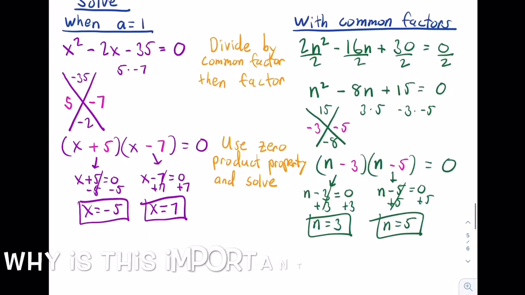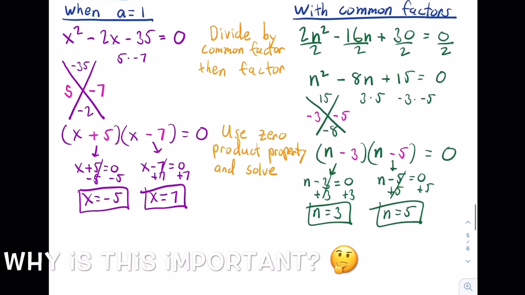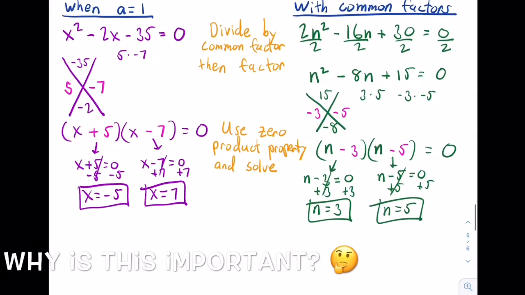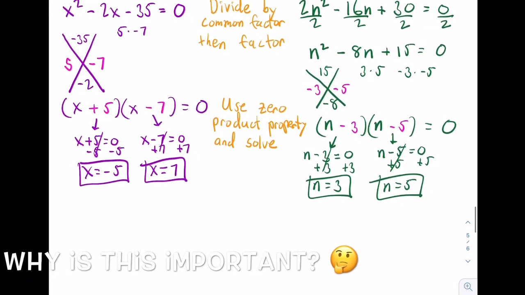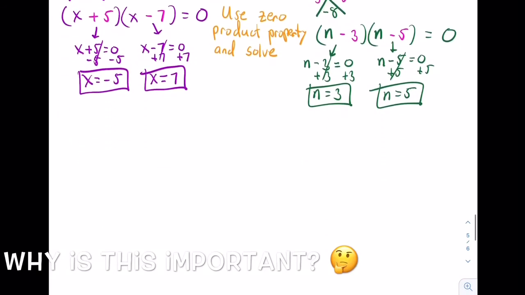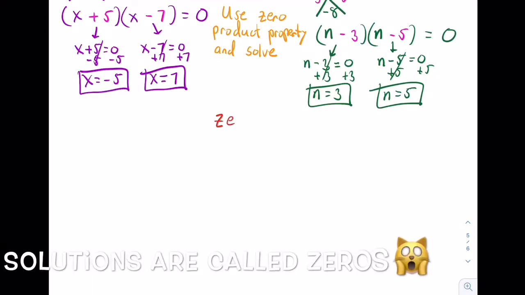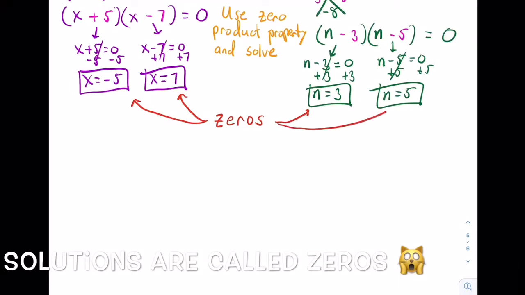Okay, so using this, why do we need to solve by factoring? And why is it equal to 0? Why is that important? These are called our solutions: x equals -5, x equals 7. But these are also called zeros. These are all zeros because we solved it when the equation is equal to 0. So that's why they call it zeros, and that's our solutions